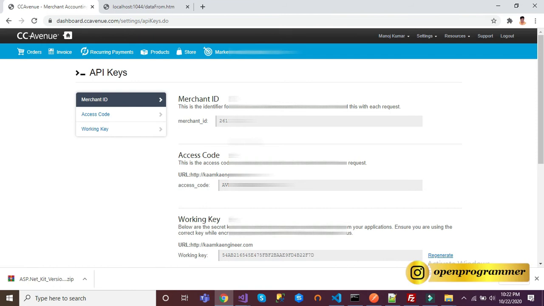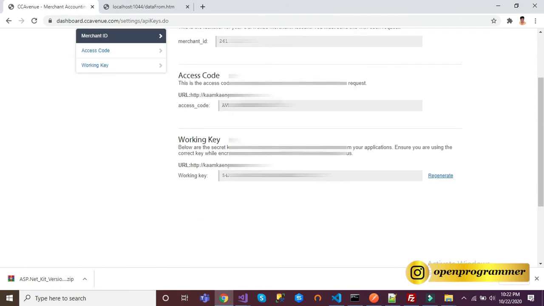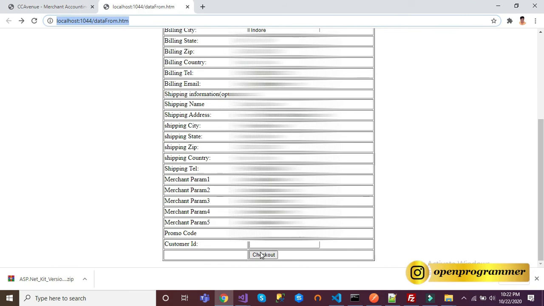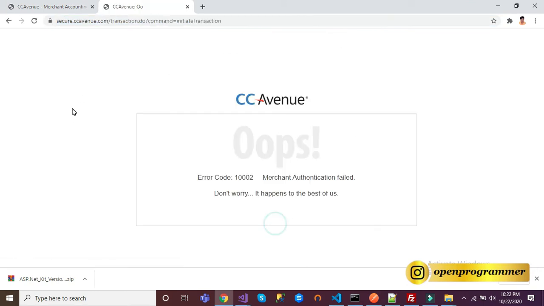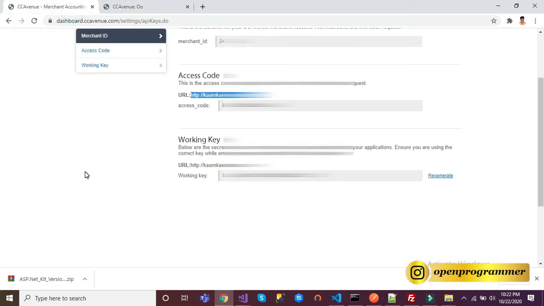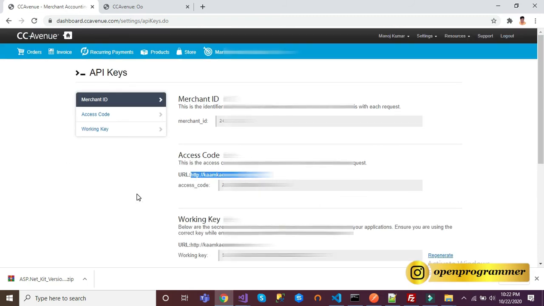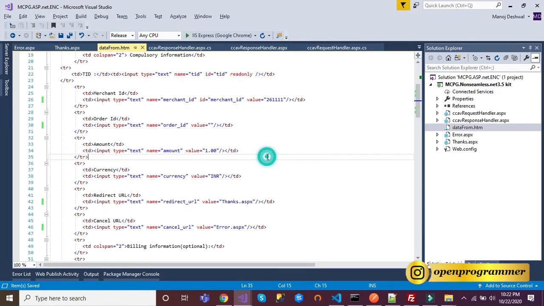Again, yes, we are on the same page, but CC Venue is expecting a hit from that particular URL. All right. So it is redirecting us to the error page. Let me also put all the files onto the server, and then we will see it will go to the right server. All right. So we are done with our changes from the application.